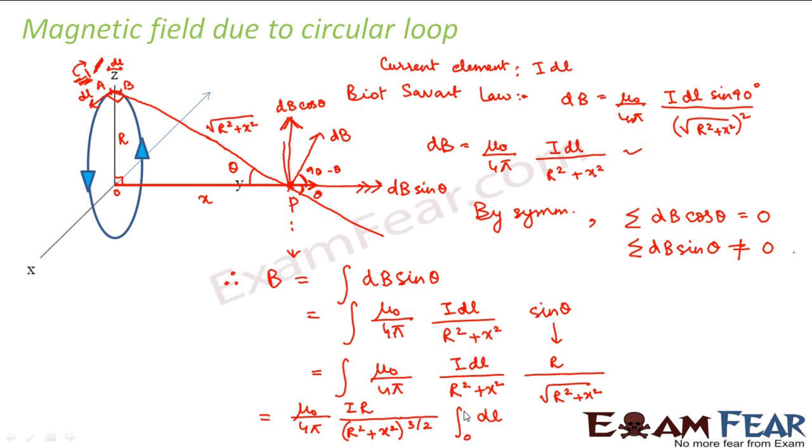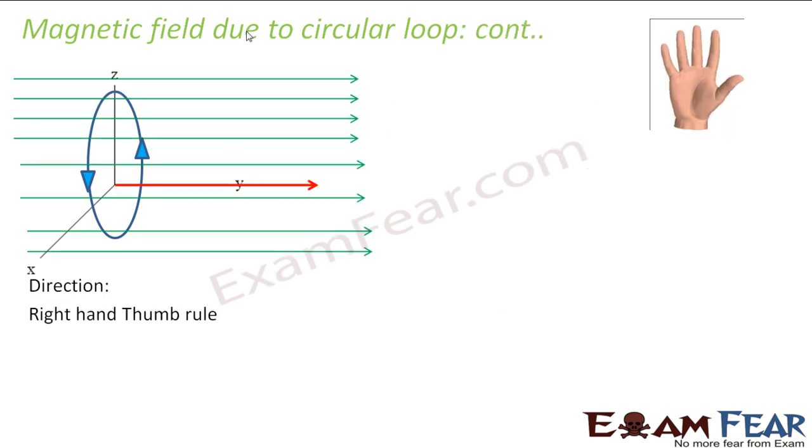So it will be integrated from 0 to the circumference of the circle, that is 2 pi r. So what do you get? You get B is equal to mu naught I r divided by 4 pi into x square plus r square to the power 3 by 2